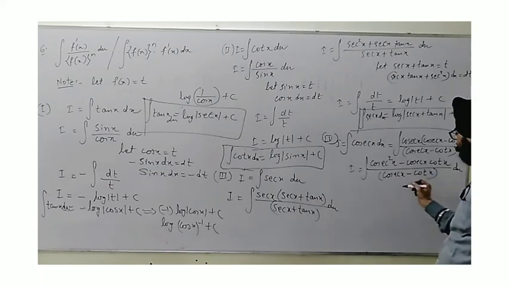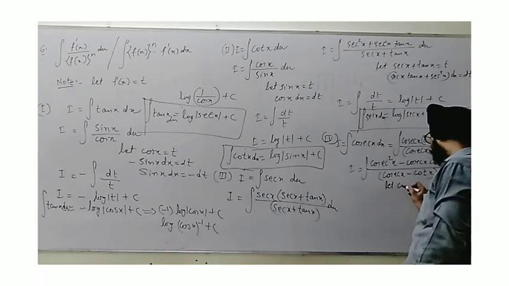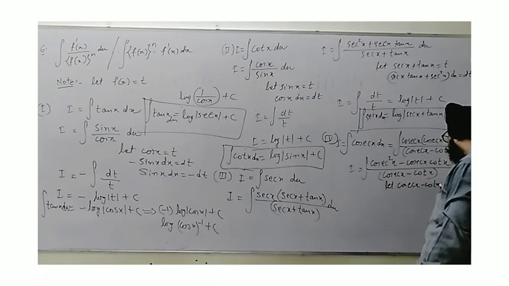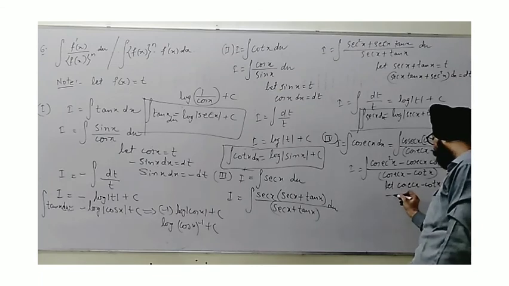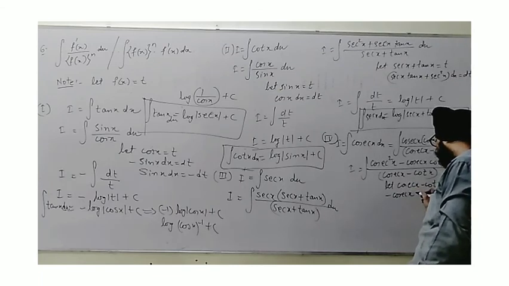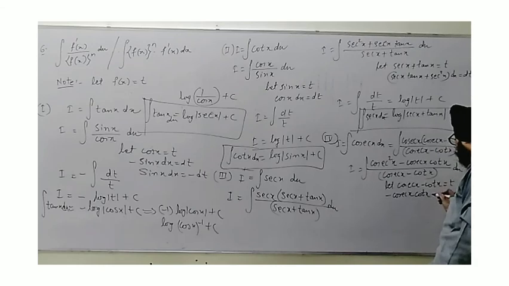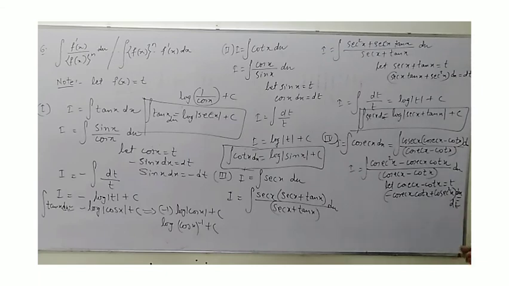So we see that let cosec x minus cot x be t. Differentiating, we get minus cosec x cot x, and this will become plus, because the differentiation of cot is minus cosec square, so plus cosec square x, and this whole dx is equal to dt. Now we have to compare this to the given pattern. Here cosec square is given plus and this one is given with minus. So yes, exactly the same numerator we have obtained.